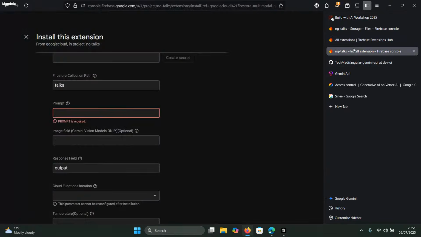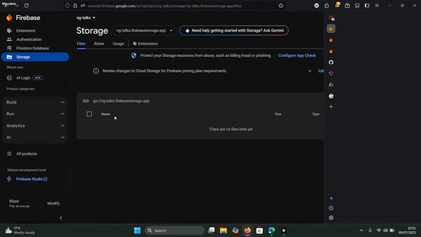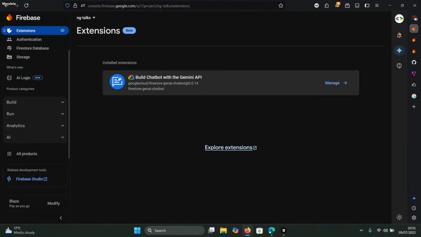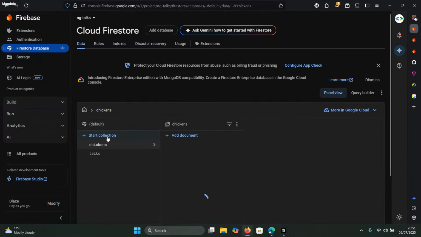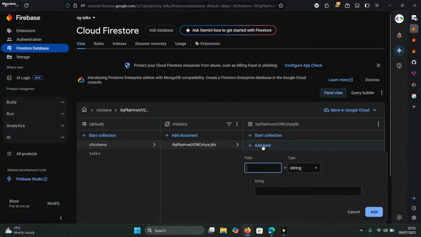And then we go back to our previous extension, the build chatbot with Gemini API. Since I had told you guys that before you use this extension on your code, you will need to test it. So technically, what happens is you come back to your Firestore database, and then to our collection for chicken. And if you remember, we had specified that we shall have a field called prompt. So you will call this field a prompt, and then you will ask a question. What type of chicken